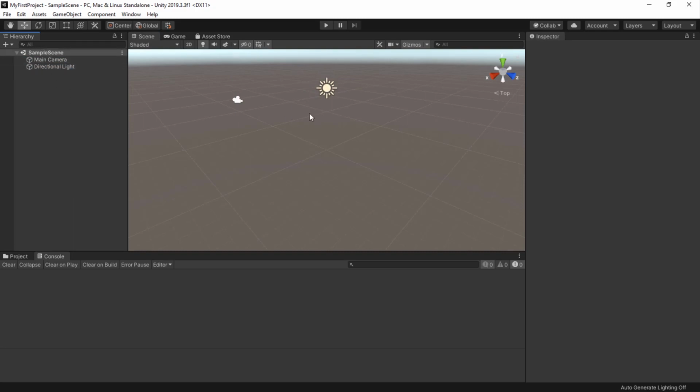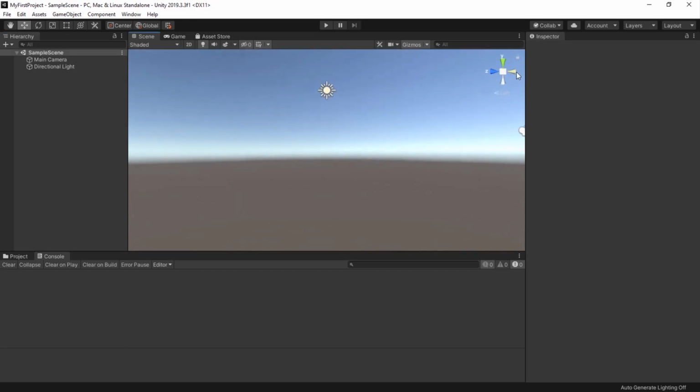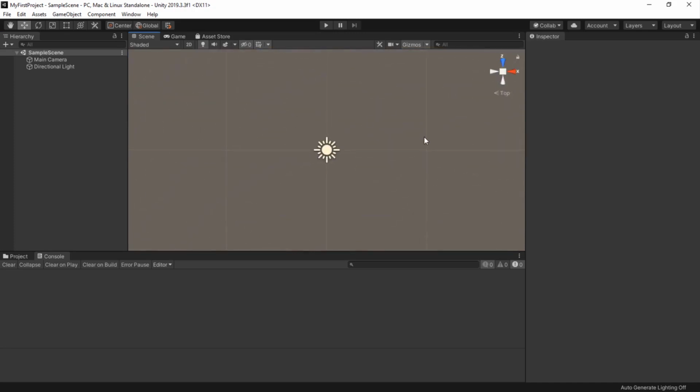Okay, now let's talk about some of the handy tools you can use to navigate your game world in Unity. First up, we have the view cube on the top right hand side, which indicates the global axis of our game world with different directions for X, Y, and Z. To access the pan tool, simply click on the hand icon on the top left hand side, and when the pan tool is activated, the mouse icon will change and a hand icon will appear in the scene. You can then left click and drag your mouse in the scene to pan around and adjust your viewpoint. And as you see, it's super duper easy.